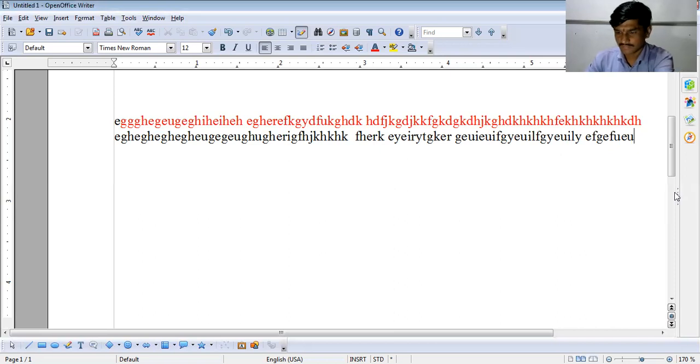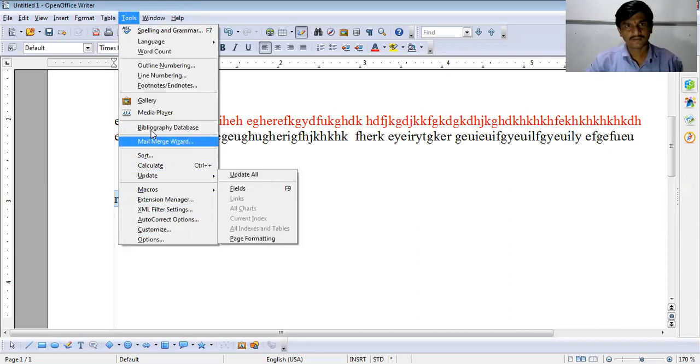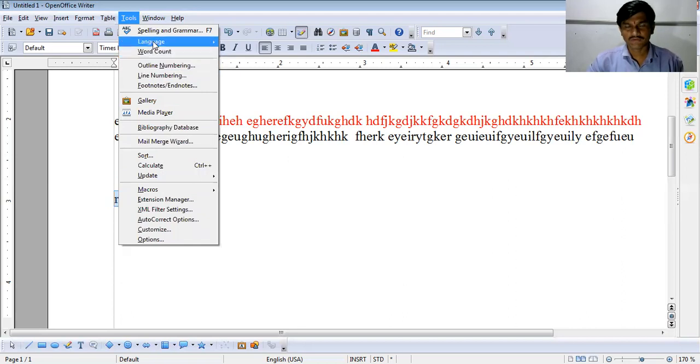Suppose I want to use this word, "respect." This is a word. I want synonyms and antonyms of this word. Select this word. Click on Tools. You will get the Language option. See, Language is here.